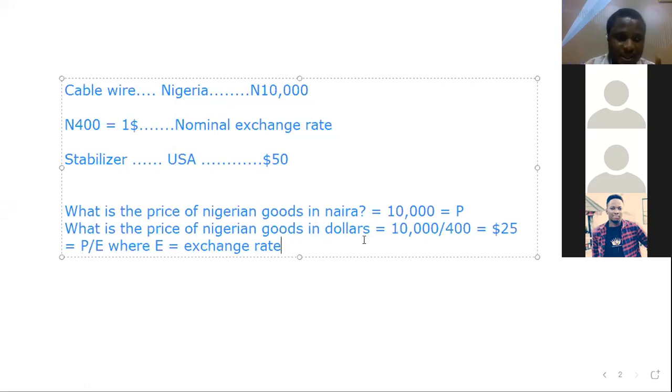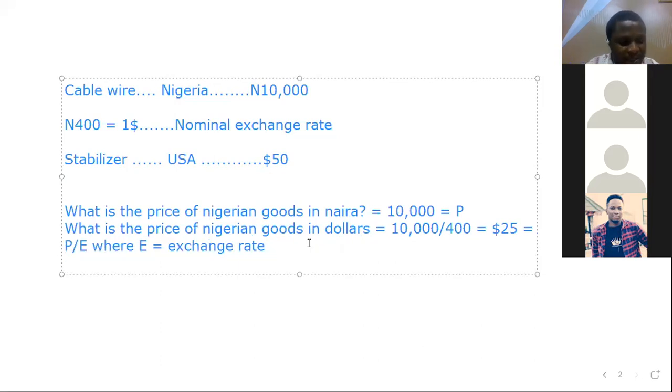So what is the price of Nigerian goods in naira? 10,000 naira. I call that P. What is the price of Nigerian goods in dollars? That's 10,000 naira over 400 naira. I call that $25, which is P over E. The next question I will now ask, which is my real exchange rate, is what is the